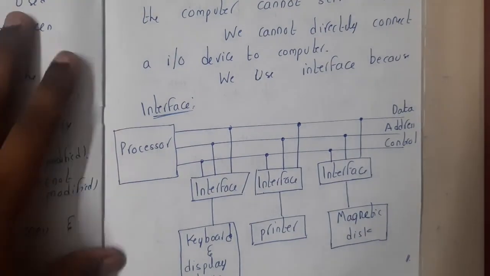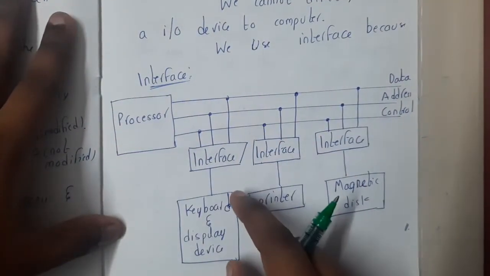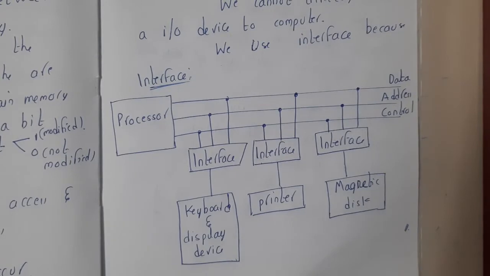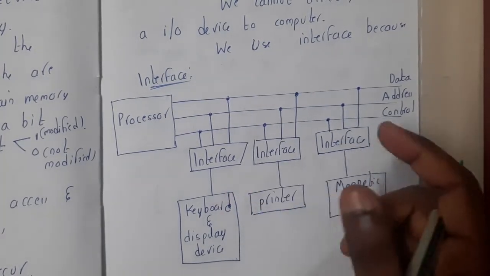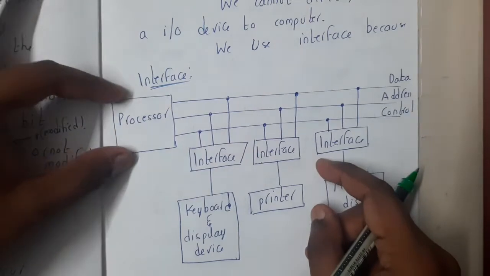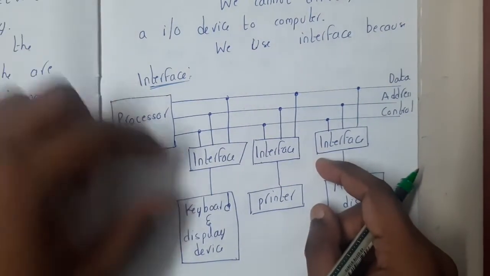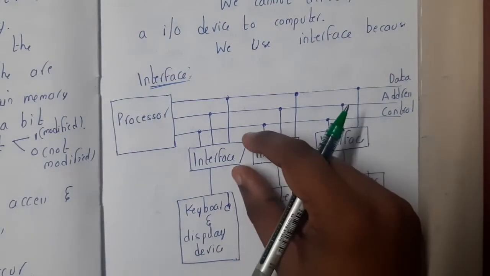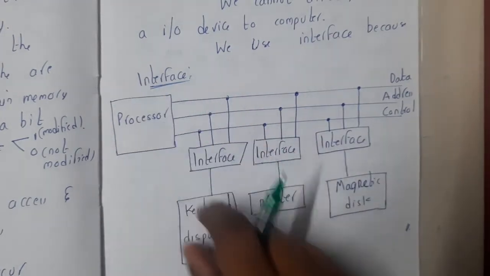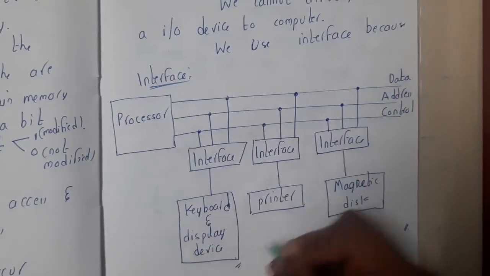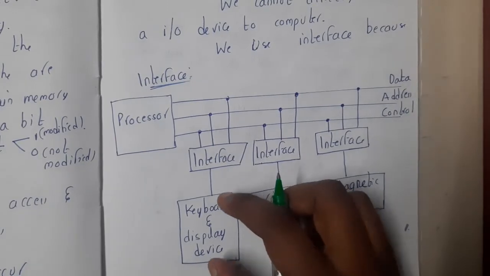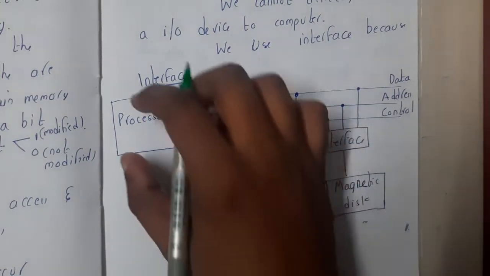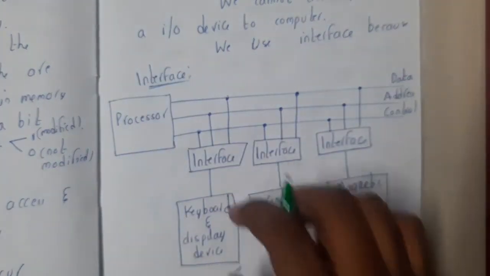When you design a particular component, like a keyboard, a printer, or a magnetic disk, anything you want to connect to your PC, whose responsibility is it? Is it the processor designer's responsibility to understand what this keyboard will say and analyze it, or should the developer of this keyboard create something so that both can communicate without any issue? It is the keyboard developer's job, right? So the keyboard developer will create a small item called an interface, guys. With the help of this interface only, the processor can understand what exactly this keyboard is saying.